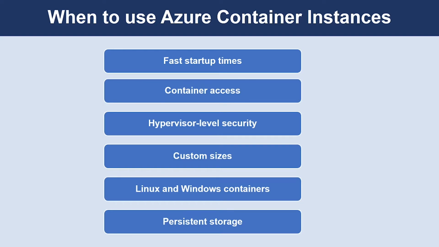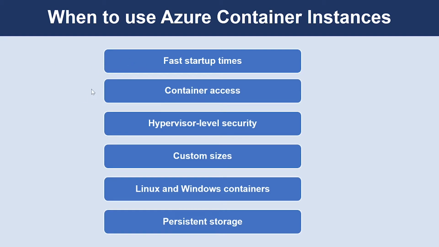Now let's understand when to use Azure Container Instances. Azure Container Instances offer a fast and simple way to run containers in Azure without having to manage any virtual machines and without having to adopt a higher level service. Azure Container Instances is a solution for any scenario that can operate in isolated containers, including simple applications, task automation, and build jobs. It's important to understand that for scenarios where you need full container orchestration, including service discovery across multiple containers, automatic scaling, and coordinated application upgrades, Microsoft recommends Azure Kubernetes Service, or AKS.